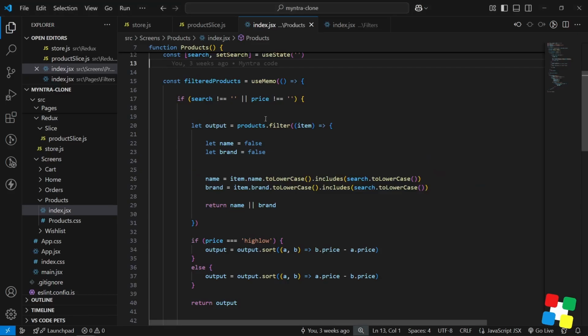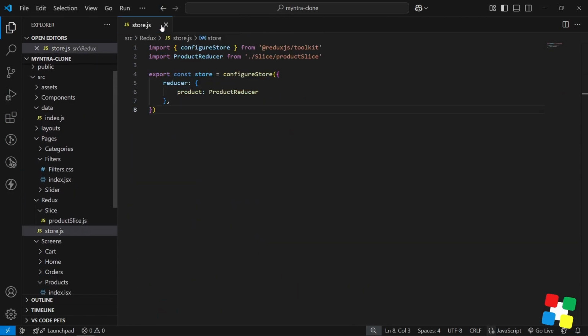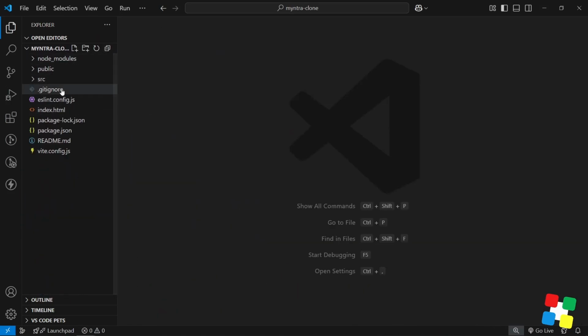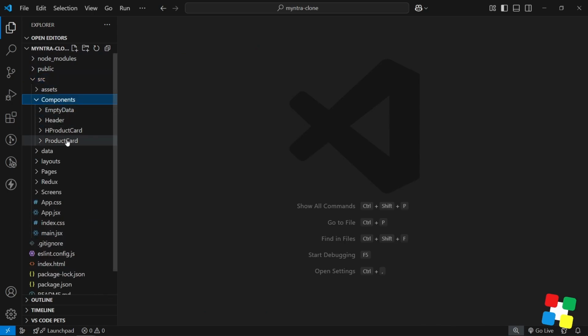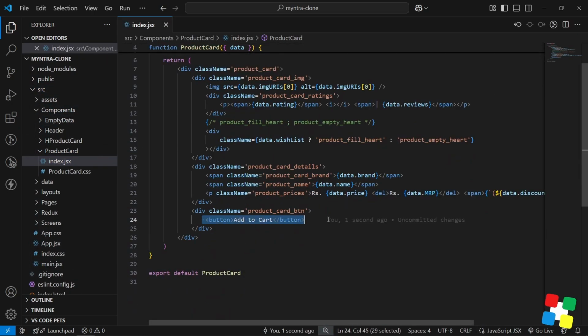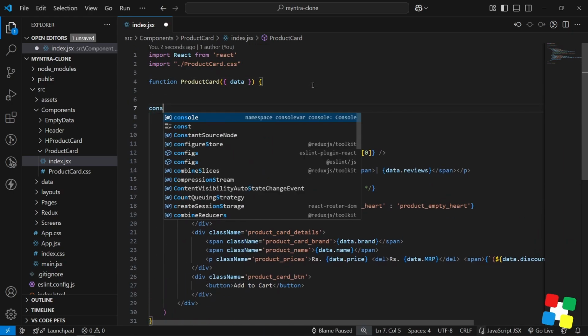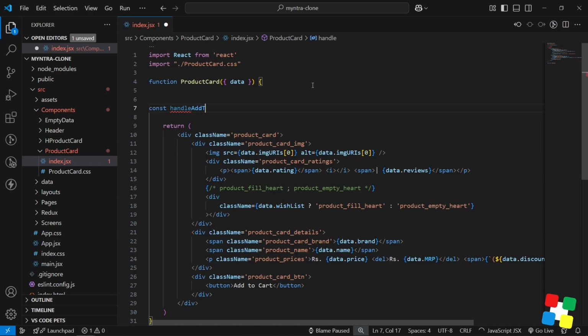Okay. So let's head back to the code, and from here I'll just close all the components that are open, and let's go to the component product cart index.js. Because here we have this add to cart button. So let's write one function over here. Then handle add to cart,